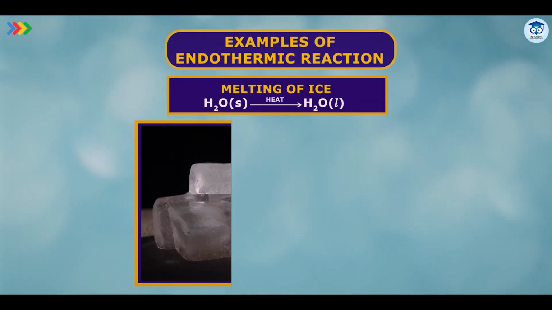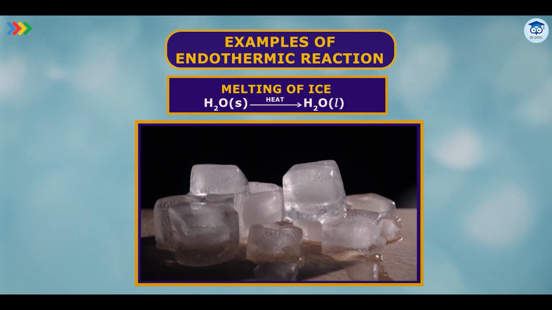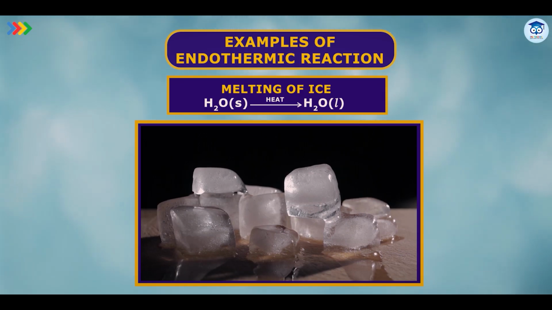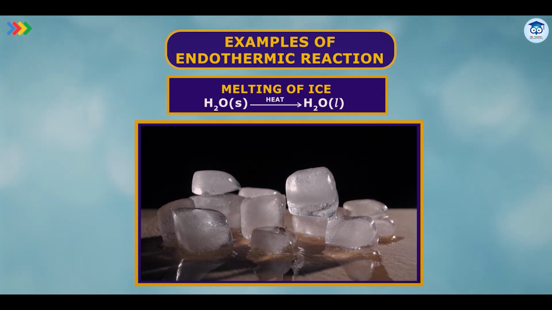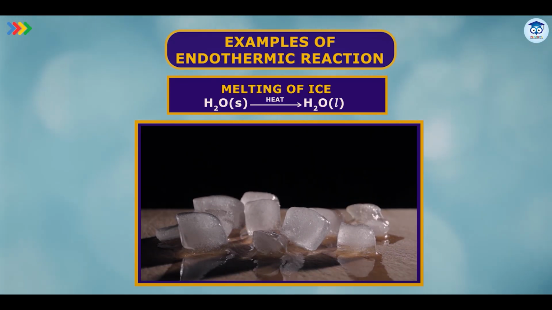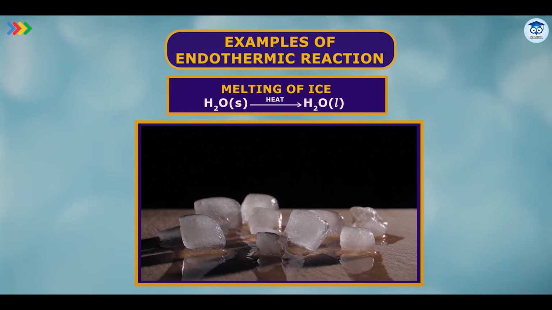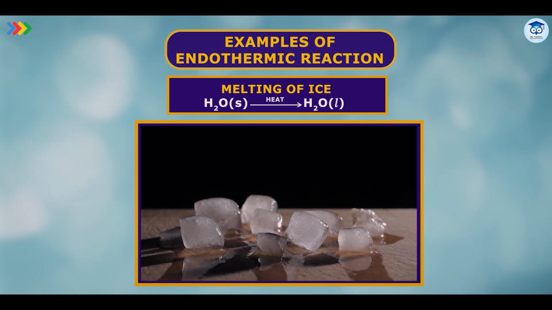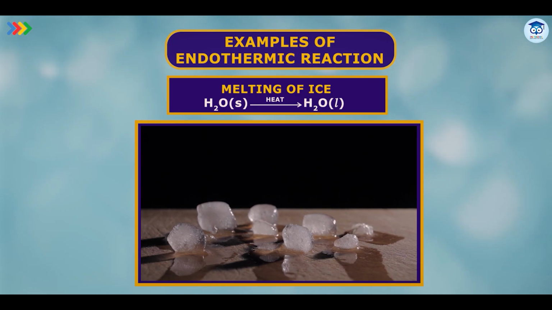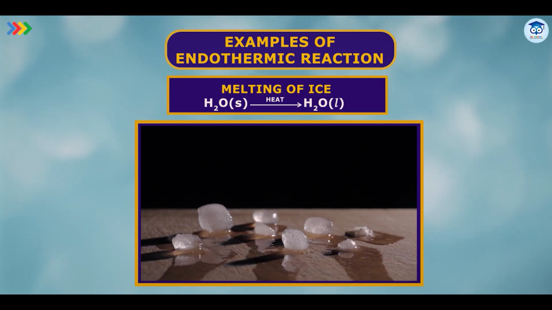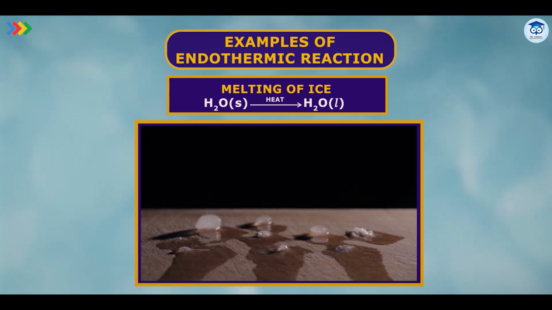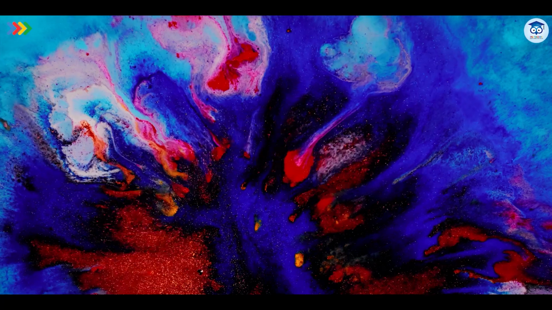Another example that we can see is melting of ice. If I take some ice from the freezer and keep it in the room on the table, what will happen? Eventually we observe that the ice starts melting. How is it melting? For melting, you already know that heat is required. From where is the heat coming? Yes, the ice is taking heat from the surroundings, the heat present in the room. It absorbs that heat and eventually the solid ice starts melting and forms liquid. That same process is mentioned over here in the form of a chemical equation, and we see that heat is absorbed. Hence it is an endothermic reaction.